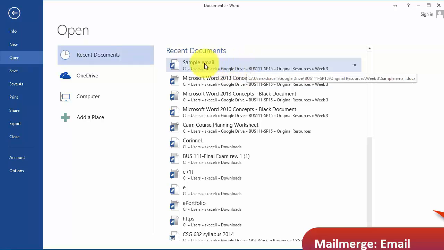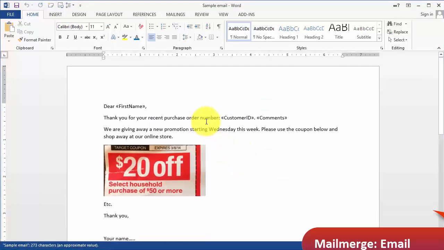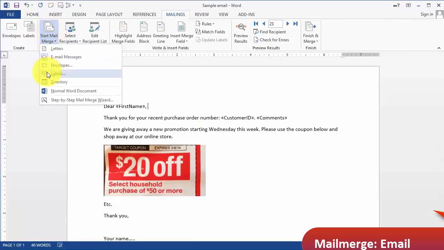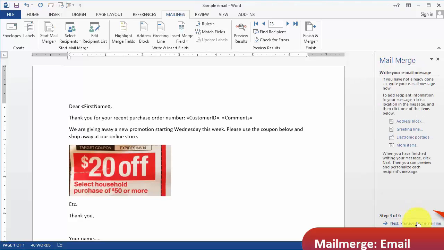Here's my sample email. Notice it's going to come up and ask me, do you want to link to the customer's file in Excel? Of course I want to say yes, and then from this point on we can go here under the steps and then choose just next basically,